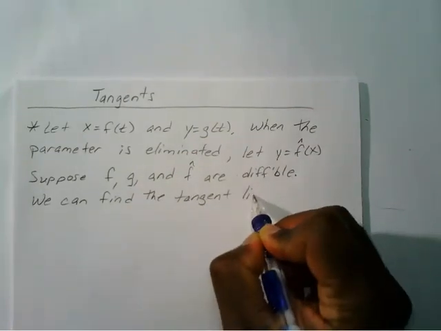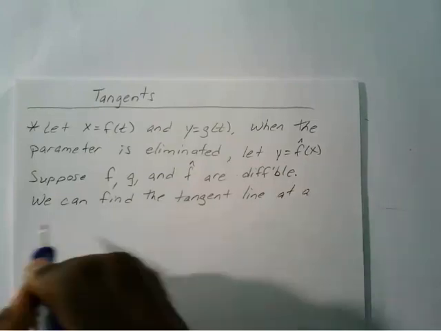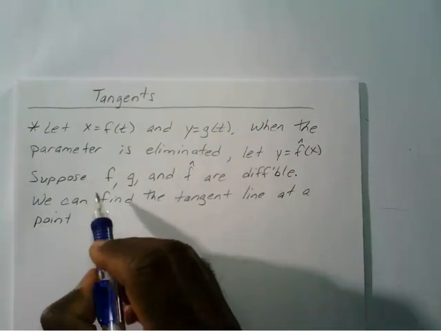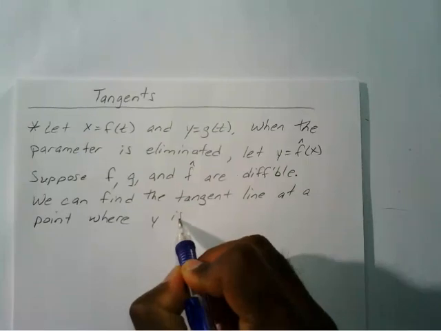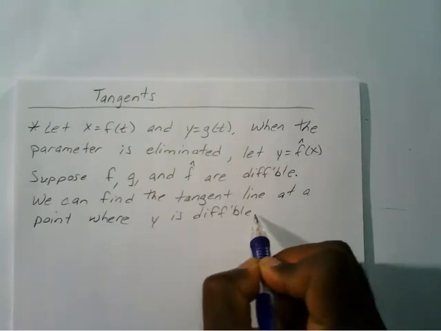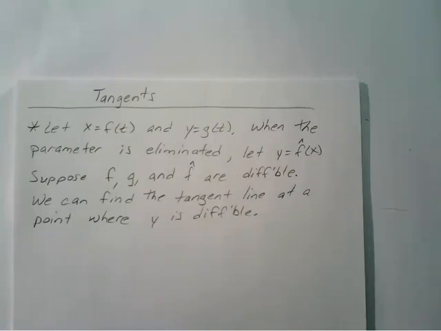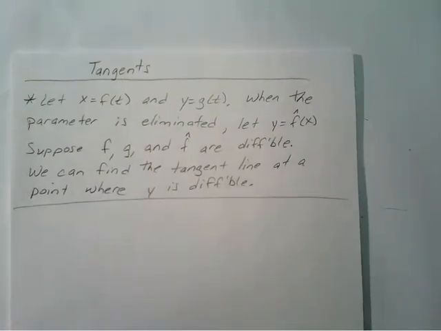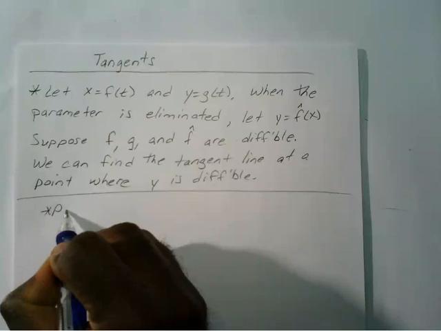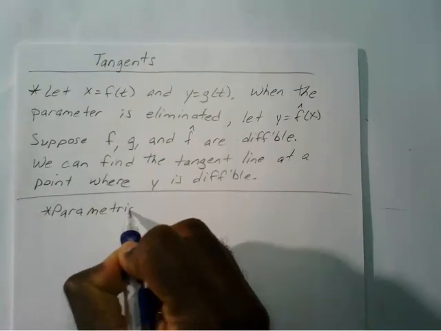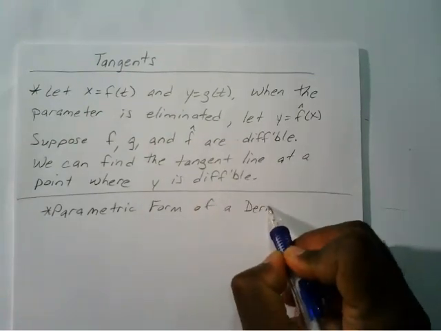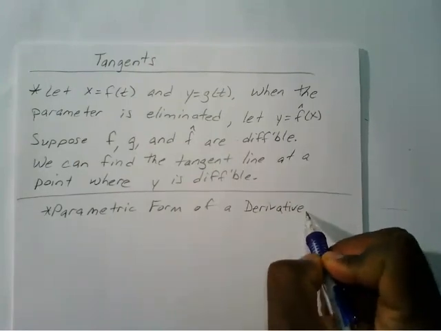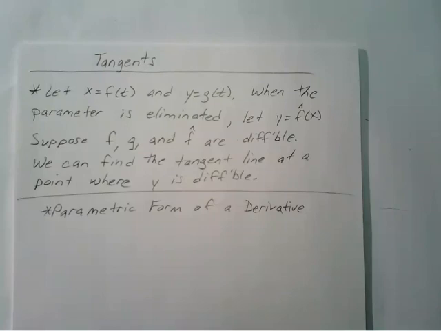The tangent line at a point where y is differentiable. Now we're going to look at the parametric form of the derivative. Now the definition of this is